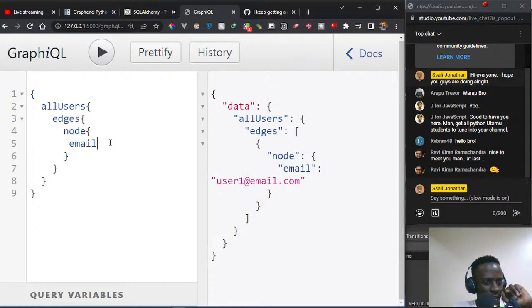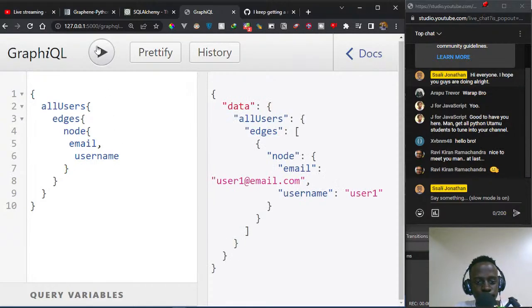So let's actually try to return both the username and the email. Now I'll just come and say that we're going to return our username and our email and press play. Now we see that we're getting both of the attributes, which is fine. Now let's try to do the same thing for our query for our